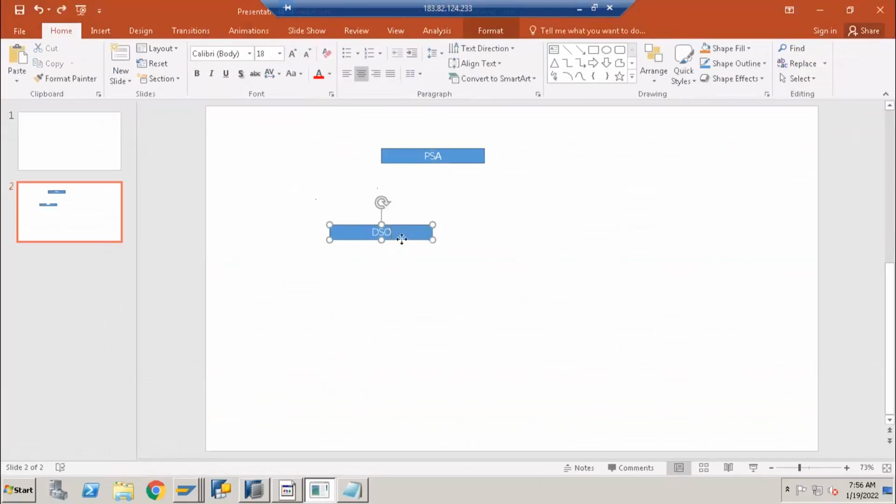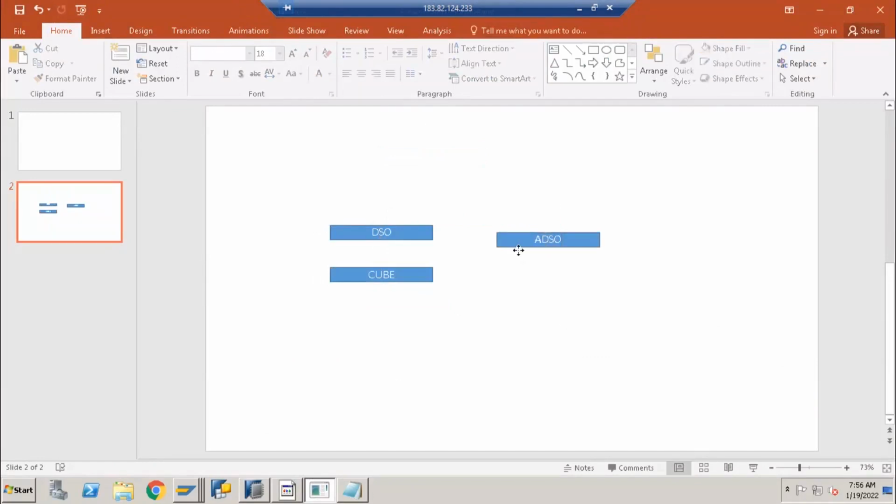Now with BW 7.5, SAP combined these two providers into a single provider called ADSO. So one ADSO now replaces the DSO and cube.